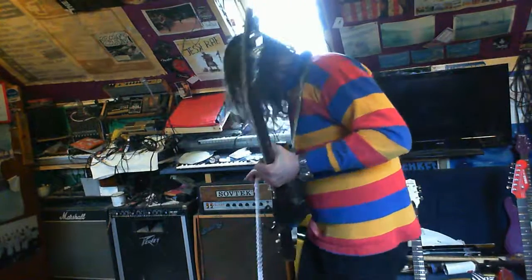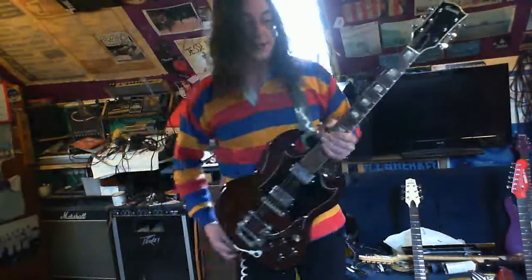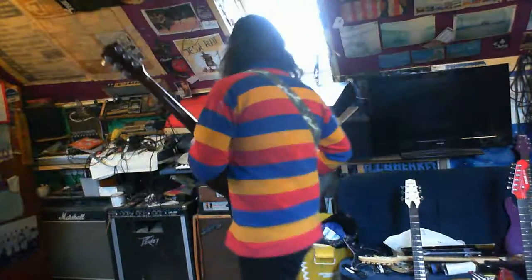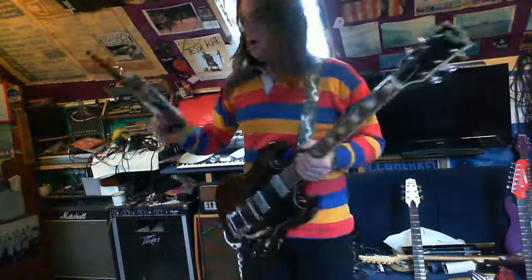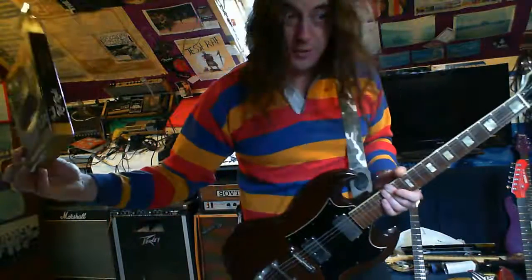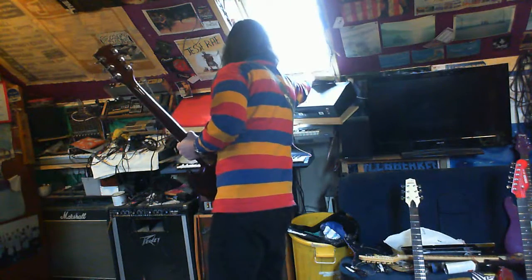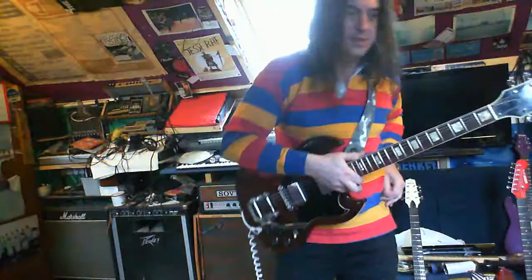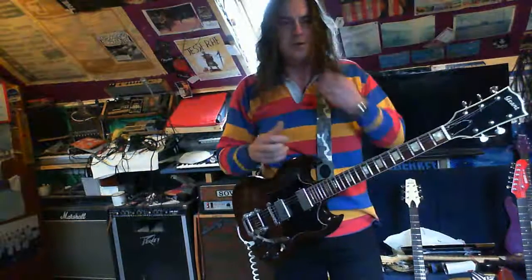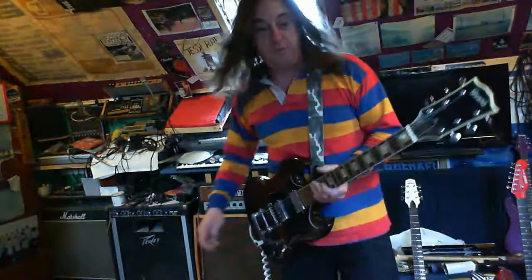No, really, that lead's going back. So there, as a review of the Fender coil cord lead, which I thought, wow, a telephone lead, it wasn't expensive, it was 12 or 13 quid. Notice I've kept the box because I was a wee bit sceptical about telephone leads. Like, if they were that good, why doesn't everyone use them? And it's like, oh, I've just turned the amp off. Right, so anyway,